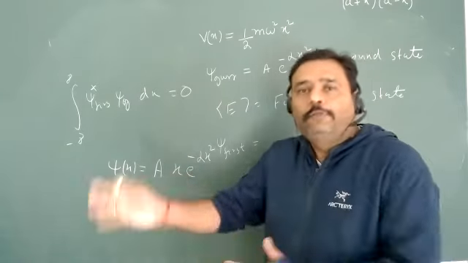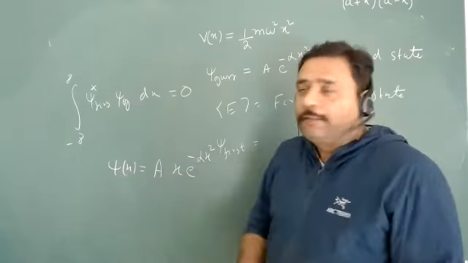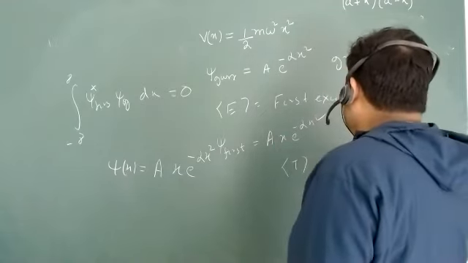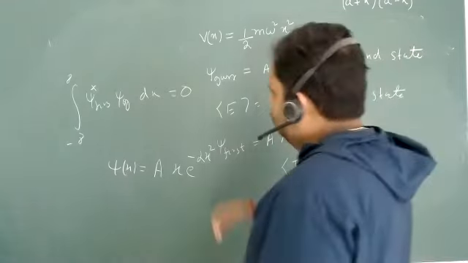यहां पर आप अपने से कुछ और नहीं ले सकते हो. Hence you have chosen this as your ground state wave function. This must be your first excited state wave function. So this will be A x e to the power minus alpha x square, and then you have to get the kinetic energy, and then you have to get the potential energy, and you can get the answer. Yes, are you people comfortable?